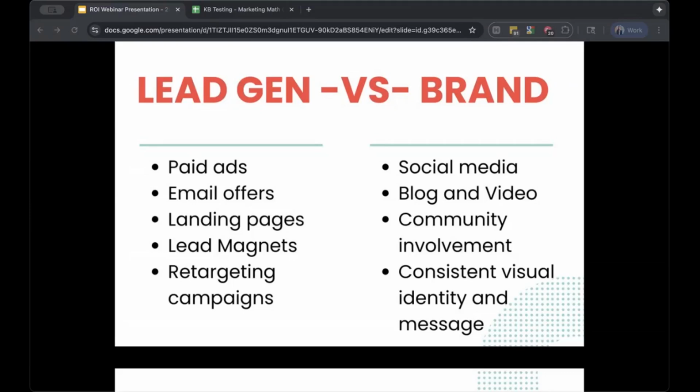So when we think about ROI, lead gen is what comes to mind because it's the immediate action that our target audience is taking. But we need to remember that brand marketing is really that foundation for lead gen, and they really work together hand in hand to create that true ROI. Think about your brand marketing as setting the stage for those future conversions. That could be 6 months down the road, a year down the road, 5 years down the road. It really just depends on that buying cycle, but they really work together.